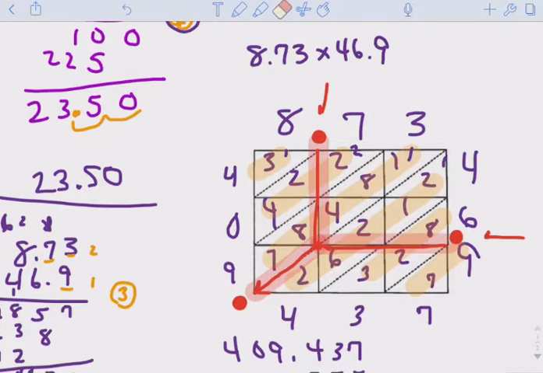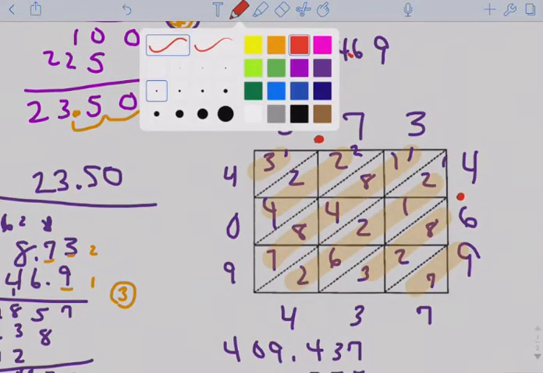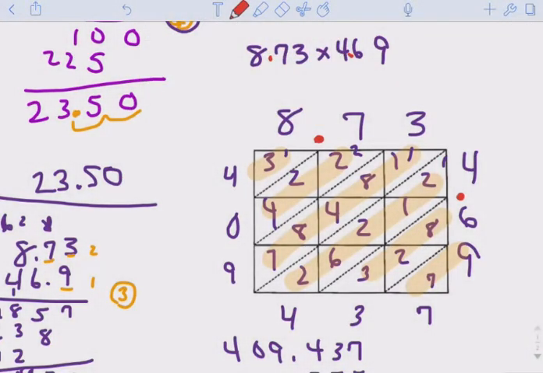So if we had something like this, let's go ahead and take these lines out, and let's take our decimal point out. So for instance, let's say we changed up the problem, and the problem was 8.73 times 4.69. So decimal point here, and so it's 8.73, so it's back at this point, but now it's 4.69, and you just take the decimal point, trace along that vertical, that horizontal, where they intersect, you follow that diagonal, and that's where